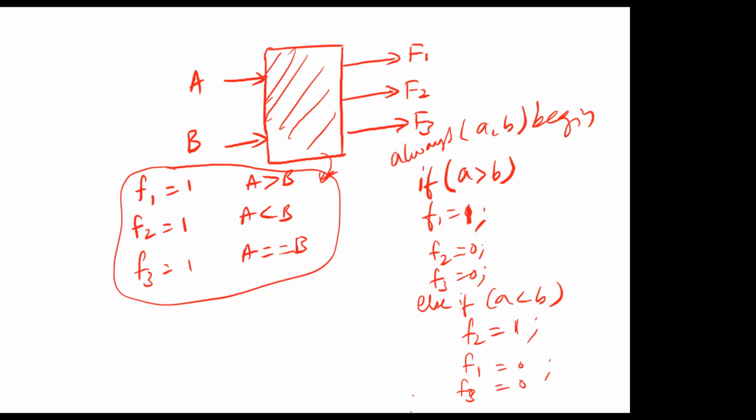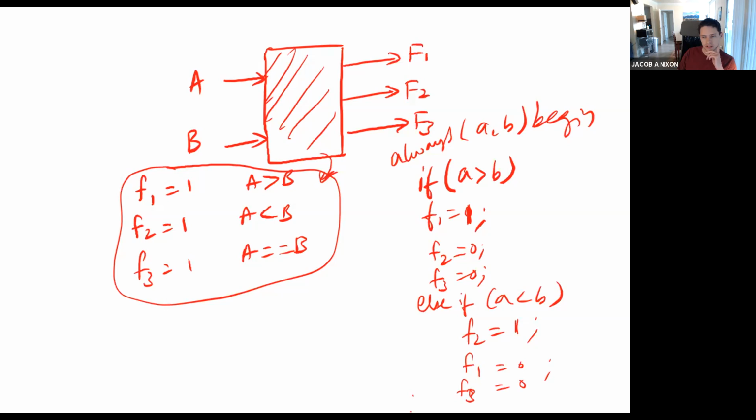Like, how would this circuit look in terms of your design? Would it be a decoder, or how would it generally be? This looks like a decoder because it's a diagonal of ones.